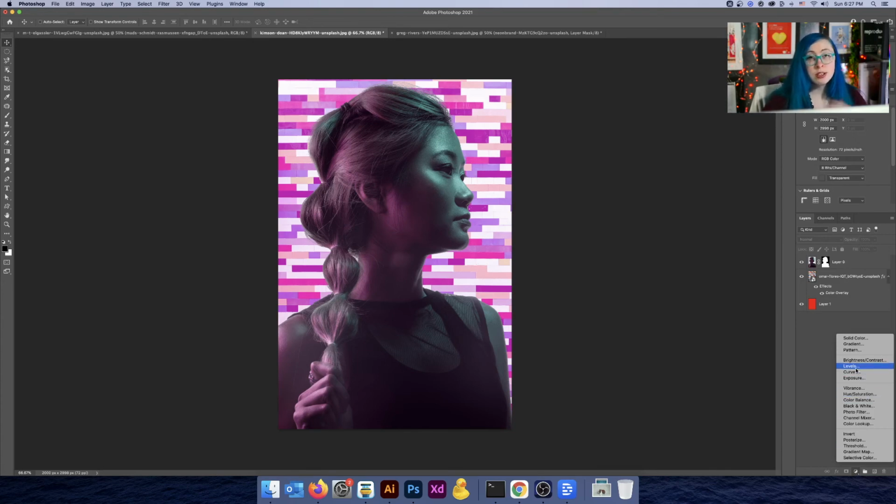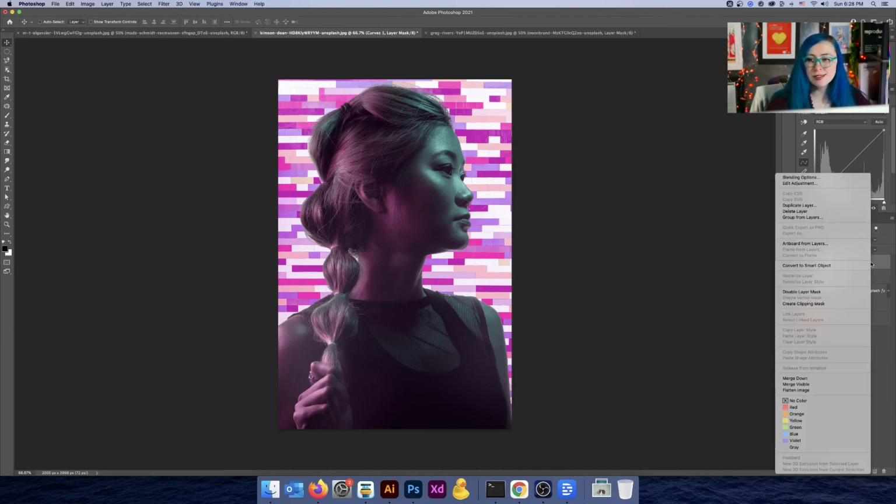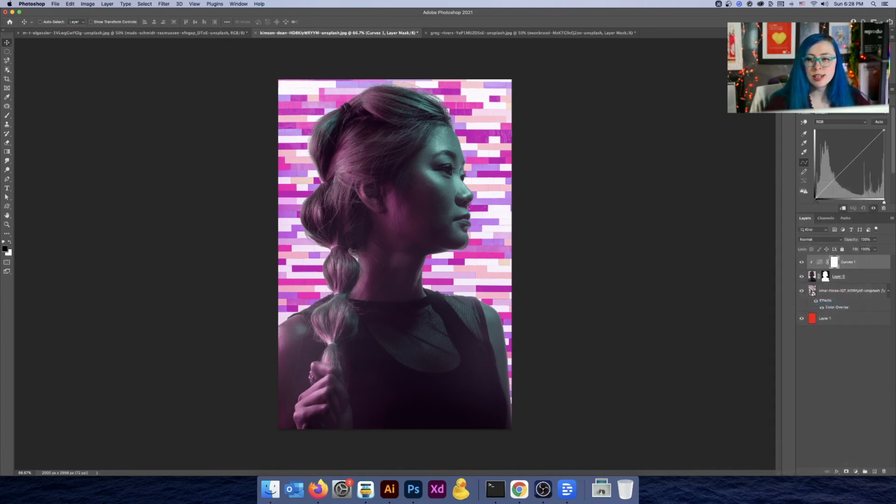In this, we could use levels just like we did before, but I want to use curves this time just to show you what that's like. To make sure that this only applies to the photo, we're going to use one of the techniques we learned in our last video, clipping masks, to create a clipping mask and make sure it only applies to this photo so that we're not changing the background behind it. That's our goal here. Now, one thing that you'll notice is that when we click a layer, this properties panel above it changes. Whenever you're on an adjustment mask, you'll get that adjustment up in the properties panel.